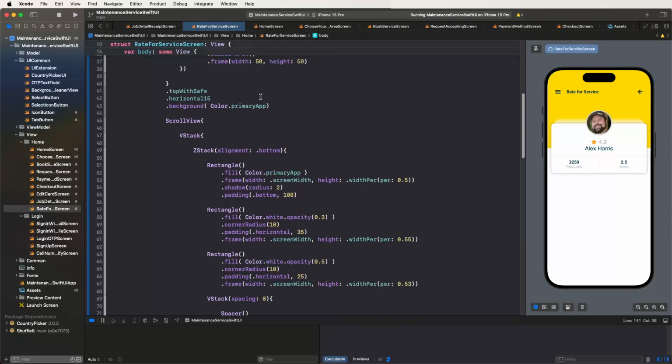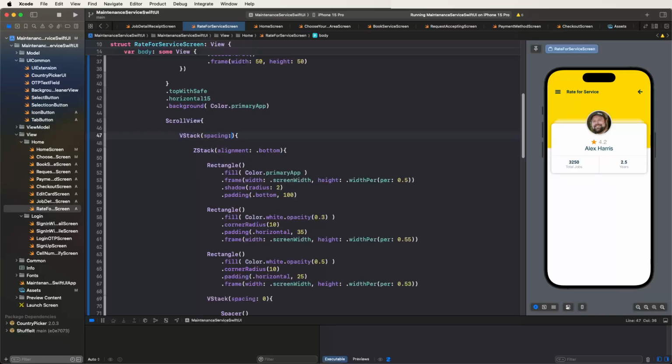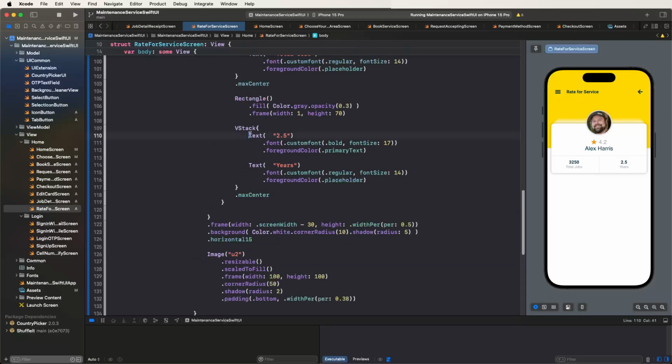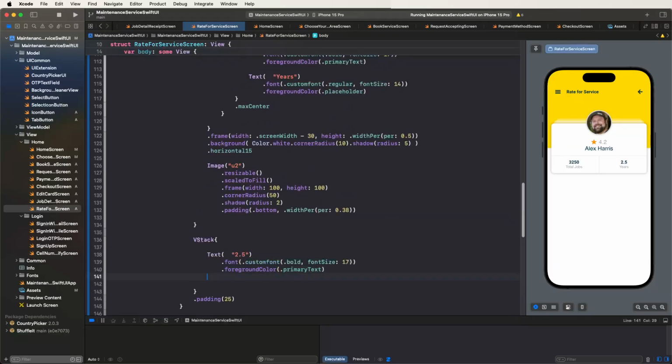And also need to set here the spacing to 0, otherwise we need to put more space, because we already need to give this 25 spacing. That's why I need to use it here. Now we need to use any text fields, and we need to set the max left,